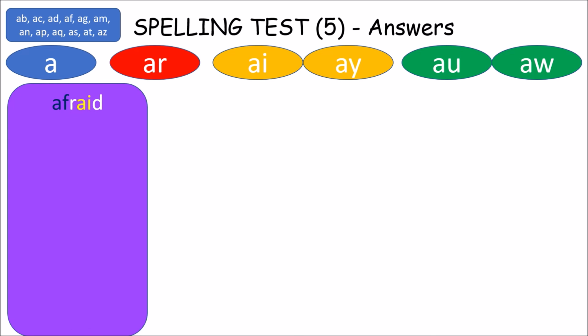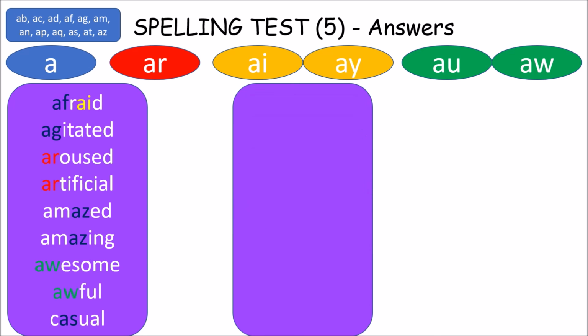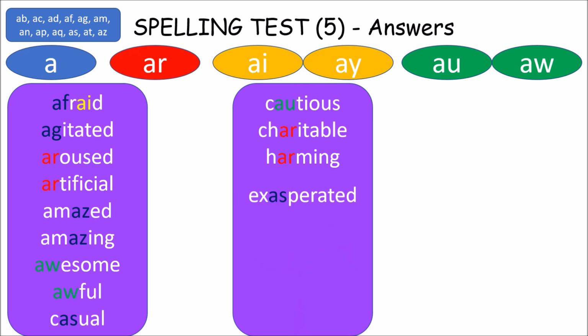The last slide are answers to the previous spelling tests on adjectives. Let's check if you have all correct. Afraid, agitated, aroused, artificial, amazed, and amazing. Awesome, awful, casual, and then cautious, charitable, charming,